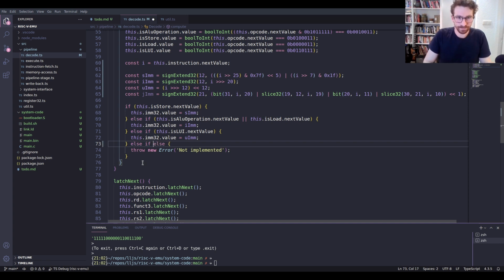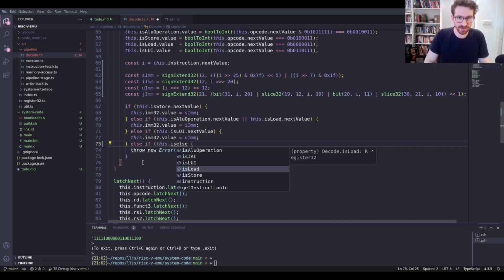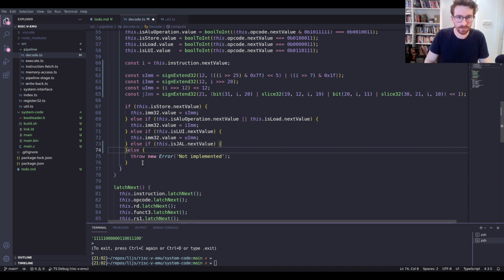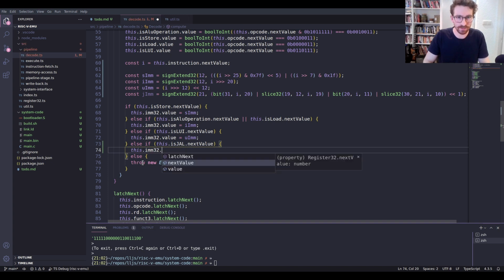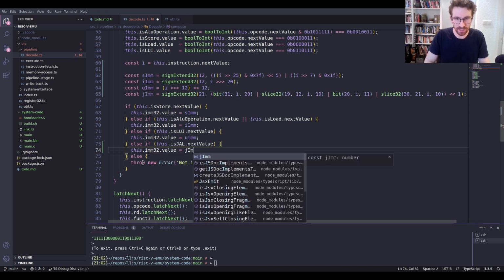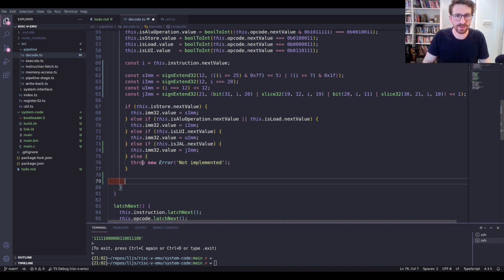So else if this dot is JAL dot next value, then in that case this dot immediate 32 dot value is going to be J immediate. I don't really know if we need to store it, but I'm going to do it. And then we can compute this branch address. The branch address is going to be, well, this is the point at which we now need the program counter, right? And we don't have that yet. So let's actually